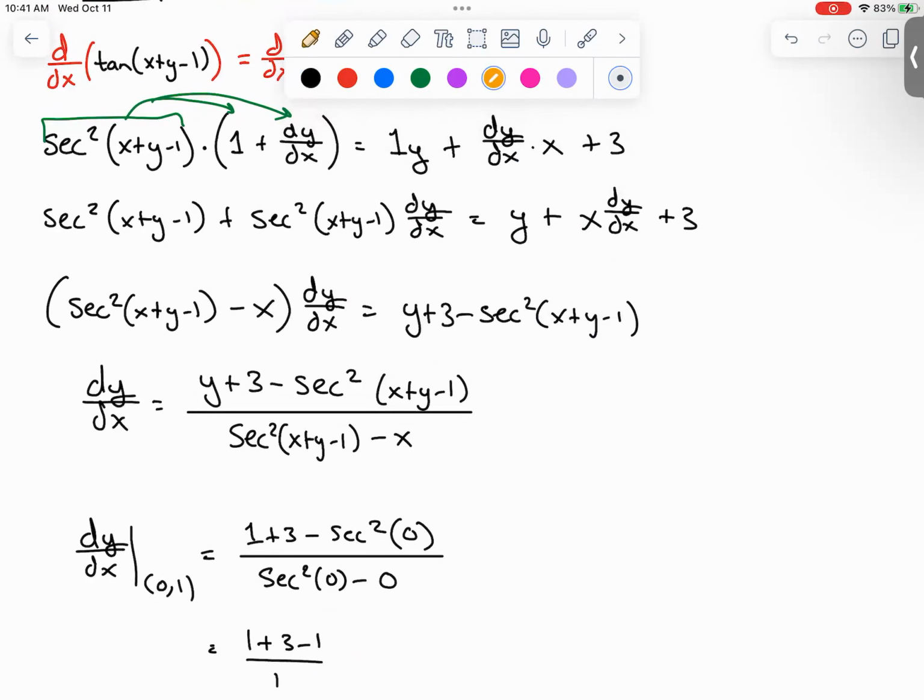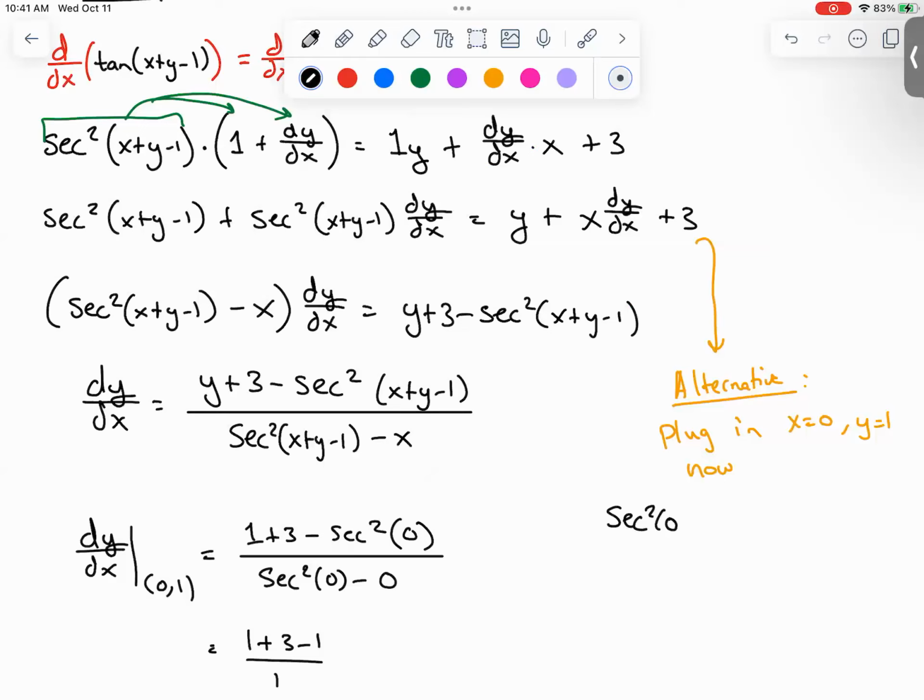So once we have this alternative, plug in x equals 0 and y equals 1 now. So that we don't have to go through that algebra of getting the dy dx by itself. We're only being asked to find dy dx at (0, 1), so might as well just plug it in now and deal with nicer numbers instead of having to write secant squared of x plus y minus 1 every time. So plugging in 0 into this equation here, you'd get